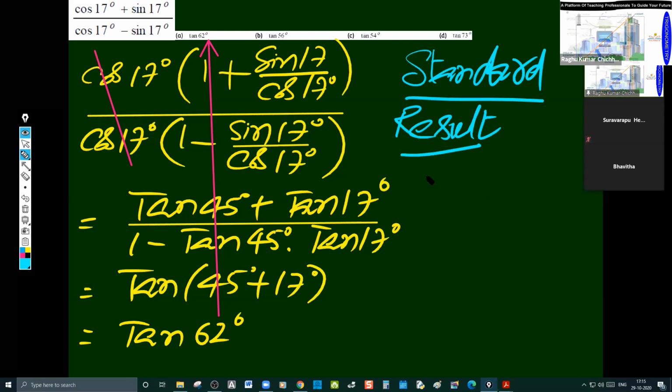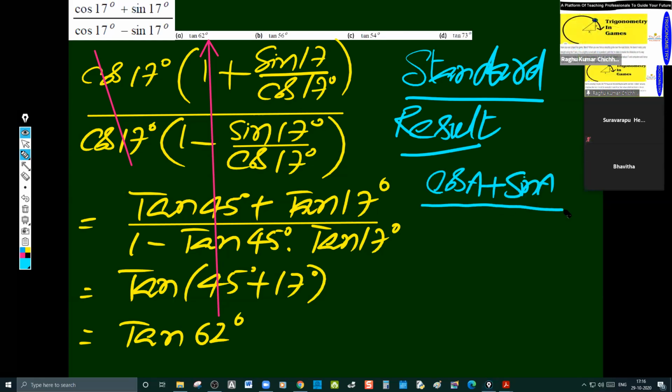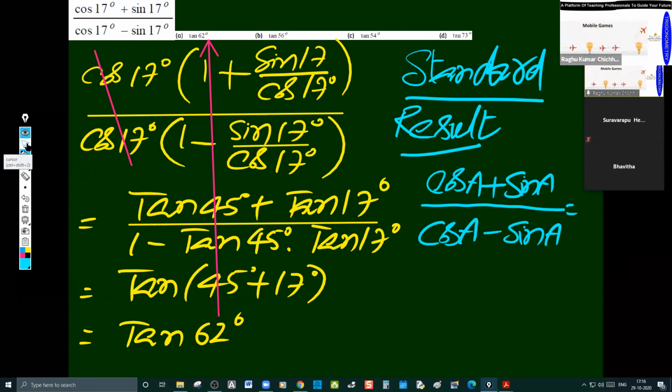You can write like this: cos A plus sin A divided by cos A minus sin A can be written as,